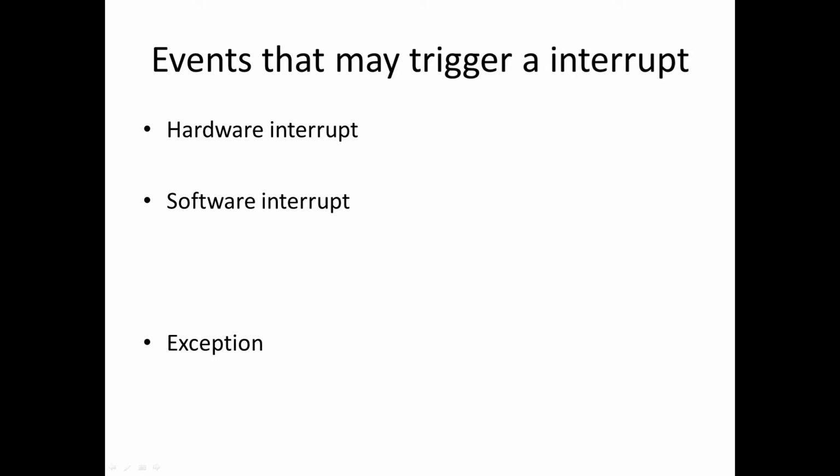Three kinds of events may trigger an interrupt. One is a hardware interrupt, where some external hardware changes the voltage level on an interrupt request line. In the case of a software interrupt, the program that is executing triggers the interrupt by executing a special instruction or by writing to a memory mapped register. A third variant is called an exception, where the interrupt is triggered by internal hardware that detects a fault, such